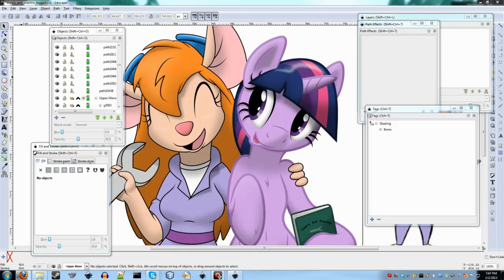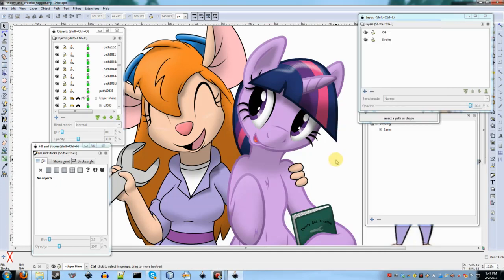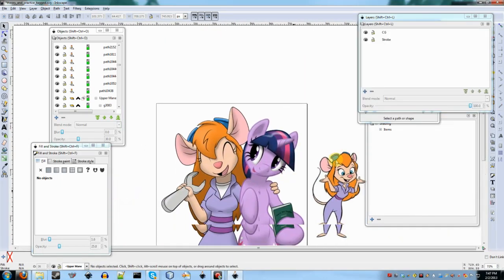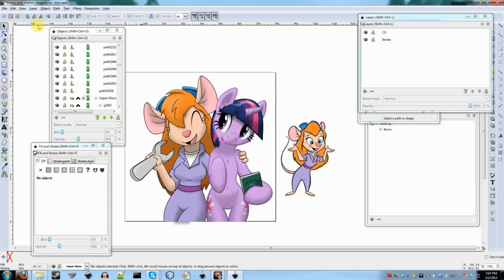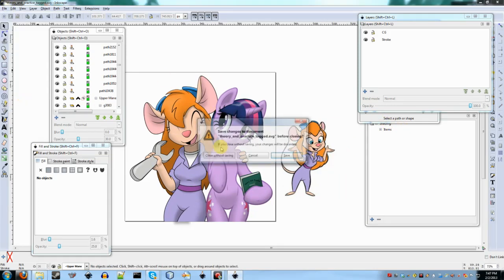So let's see. Next thing to talk about is the new swatches system. Let me just pull up the latest journal entry. Actually, before we get into the new swatches, I'm going to go over some new path effects that you can find in Ponyscape. So I'm going to close this,